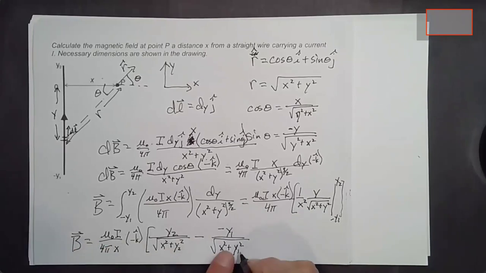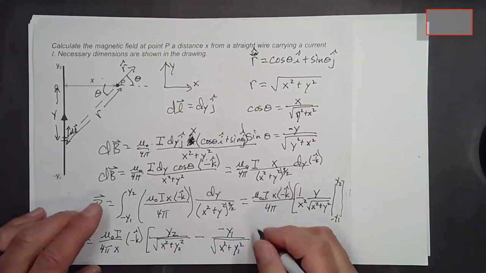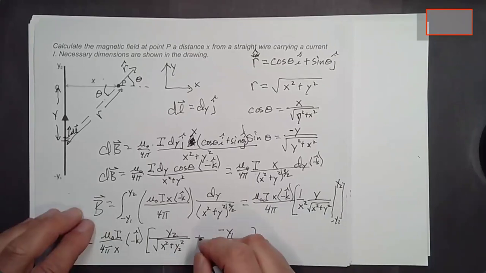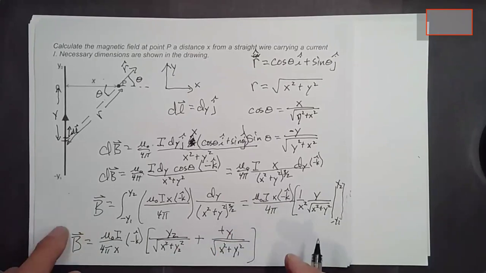In here the y1 is squared, so you don't have to worry about its sign, but this ends up minus and a minus is a plus. And here's the thing,